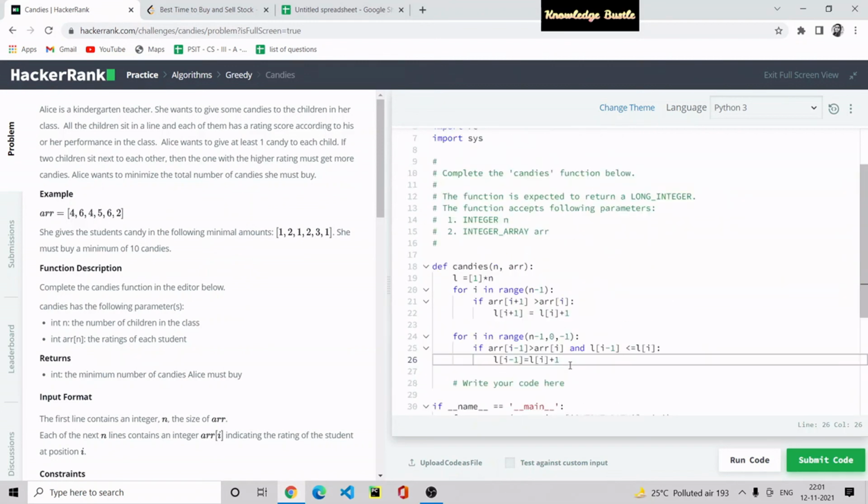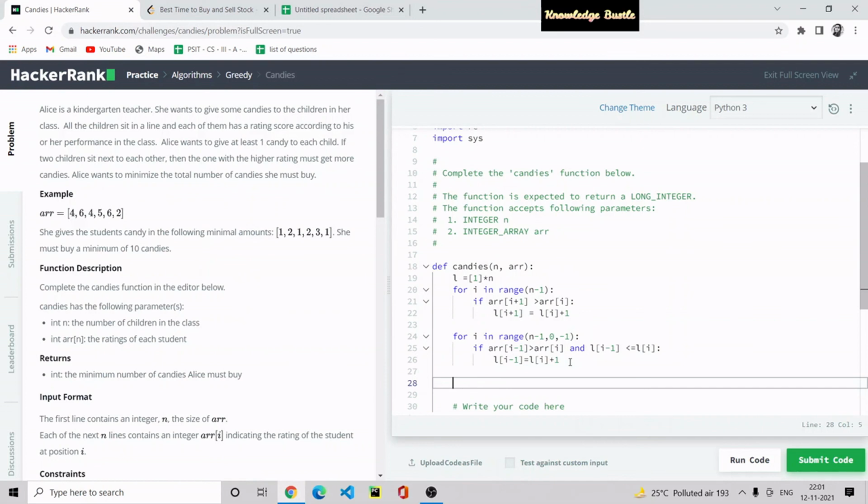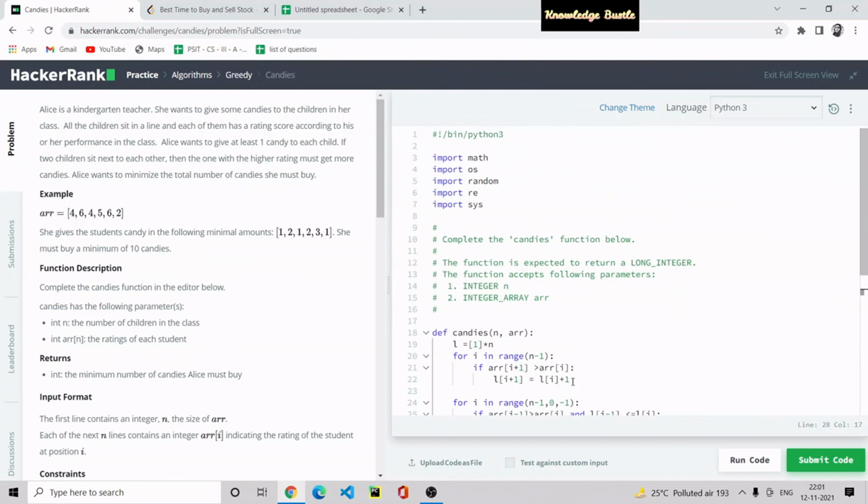And finally we return the sum of this L.